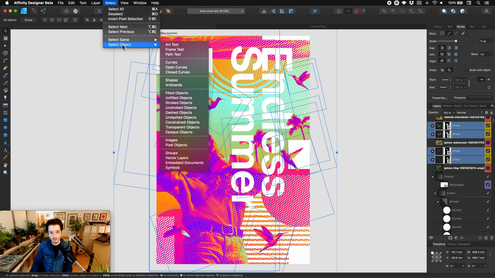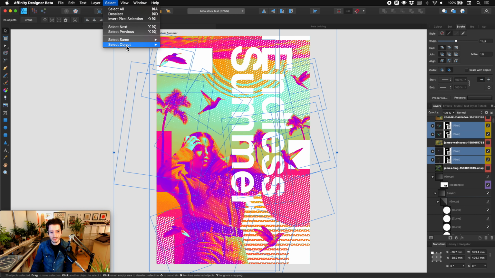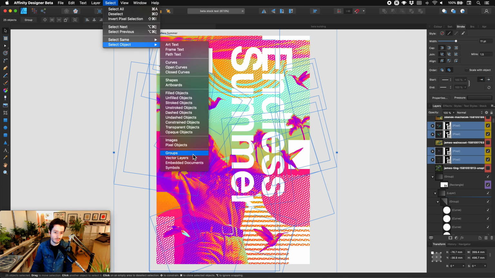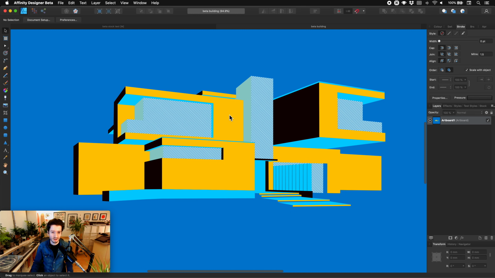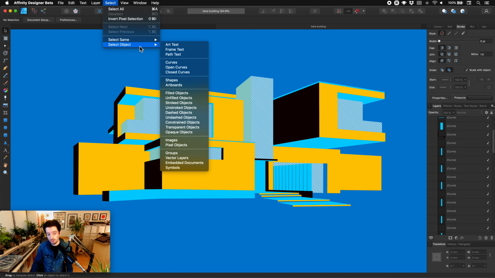So let's go back to that, and underneath there we have some other options. So we've got groups, vector layers, and embedded documents and symbols. And to look at those, I'm just going to show you this other example I have ready over here. So this is kind of like an architectural design kind of thing. And if I just show you, again, my layers are quite built up. There's a lot of curves there, so there's a lot of things to have to scroll through if I want to adjust anything there. But just to show you how that works in this scenario, let's go to select object,